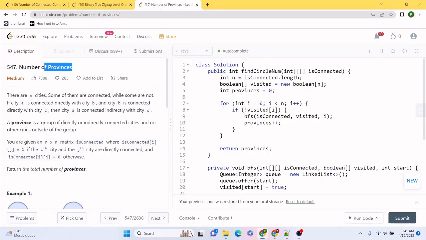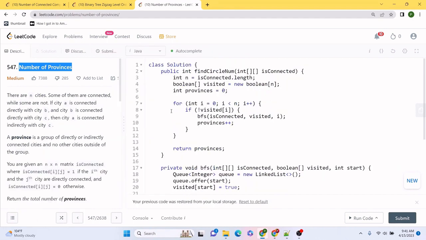Let's see the coding solution for the number of provinces problem. This is a really unique problem, and the solution is actually quite simple. First of all, in the main method, we are given the 2D matrix that defines the connected components. Based on that, we would be able to easily identify the total number of nodes present. And once having that, we are going to initialize our visited Boolean array, and initially the number of provinces is going to be 0.